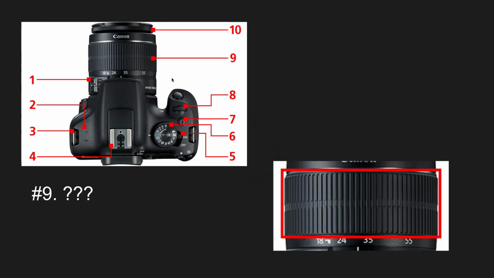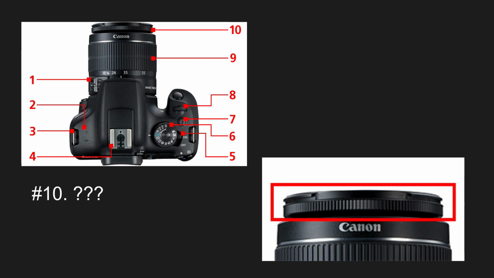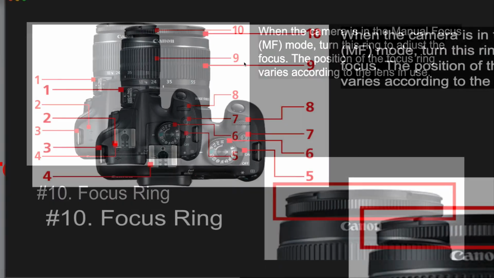All right, now I'm looking at the larger portion of your lens here. What is this? Yes, correct. It is the zoom ring, right? To zoom in and out of your picture, changing your focal length, focal depth, excuse me. And then number 10 here, yes, is the focus ring. All right, and that has to do with adjusting the focus, particularly when it's in manual. Are there any questions? Okay, moving right